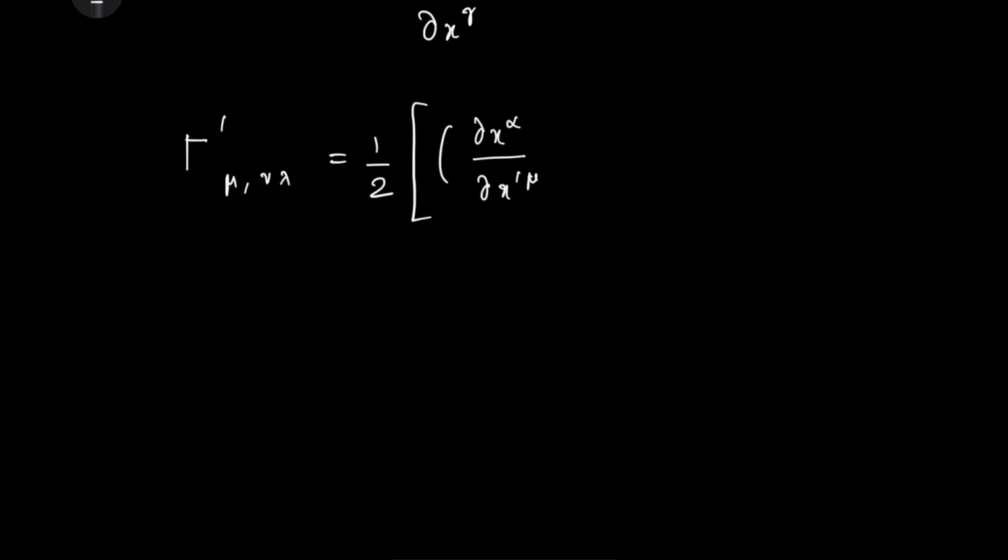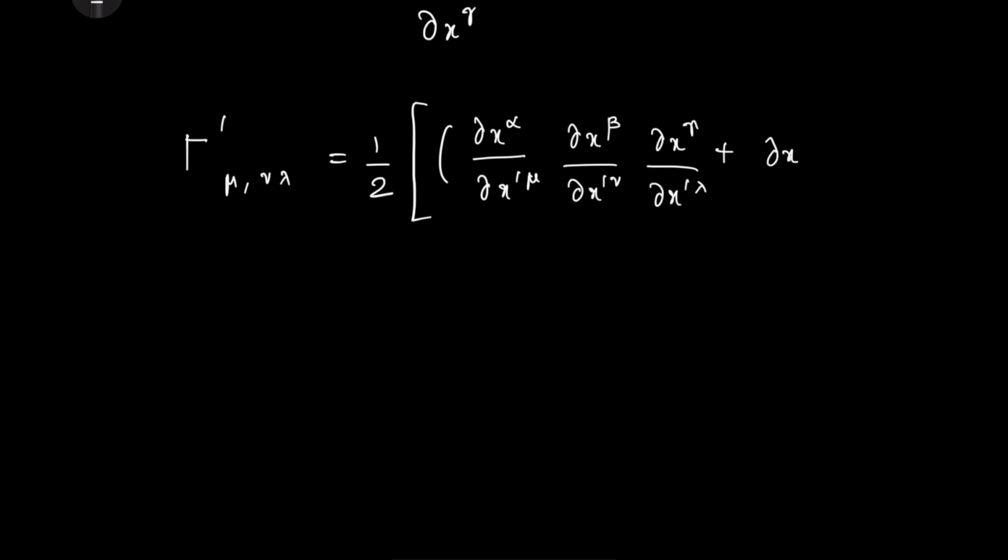So I can write, I started with Christoffel symbol prime mu lambda is equal to half of, now I am going to do the first bracket, partial derivative x alpha with respect to x prime mu, partial derivative of x beta with respect to x prime mu, partial derivative of x gamma with respect to x prime lambda, sorry, here there's no bracket, plus